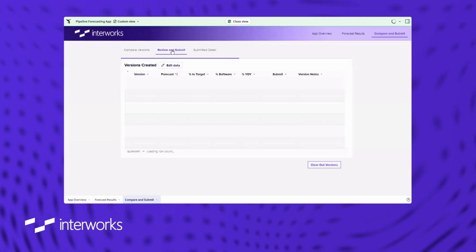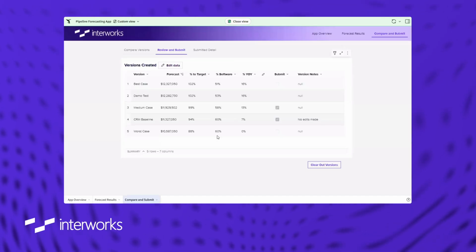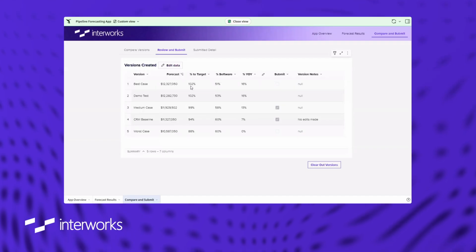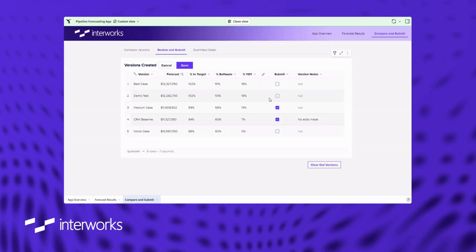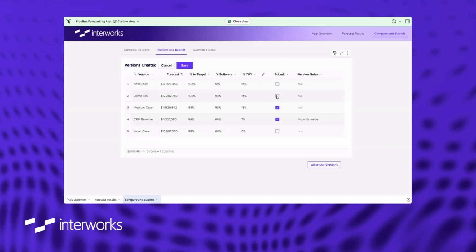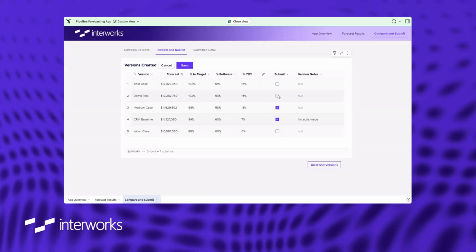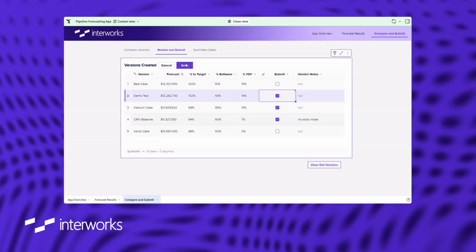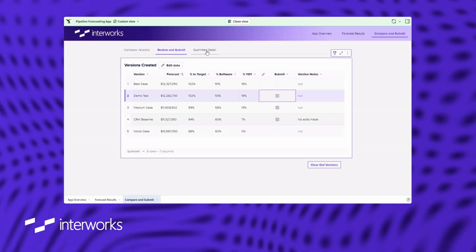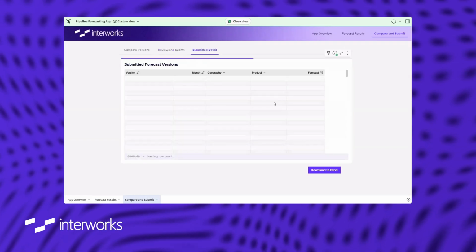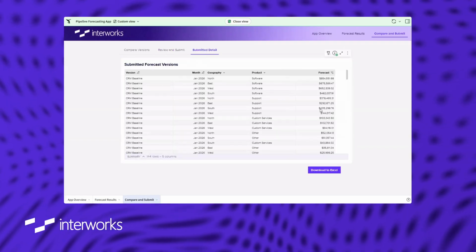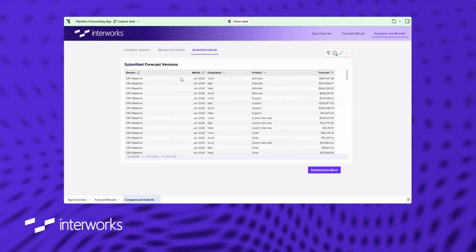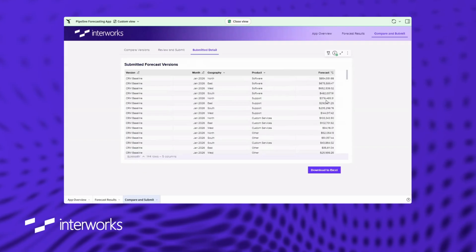We pop over to the review and submit tab. This is where all the versions that we've made can be seen. So there's 5 in total. And by editing this data, what I can do is decide whether or not to submit a version. So we have 2 already selected. And if we add this 3rd one, that is going to populate this table, which is our final output of a consolidated forecast. You can see our demo test is in here, grouped by month, geography, and product,